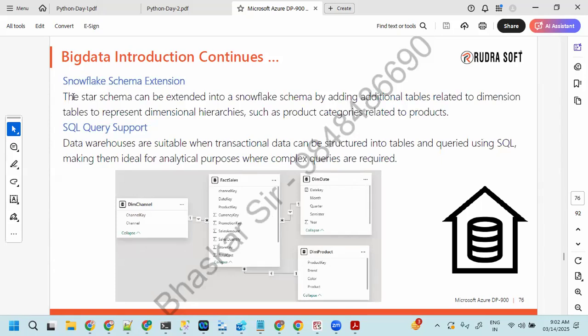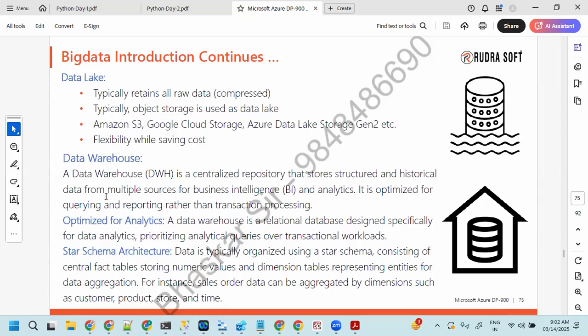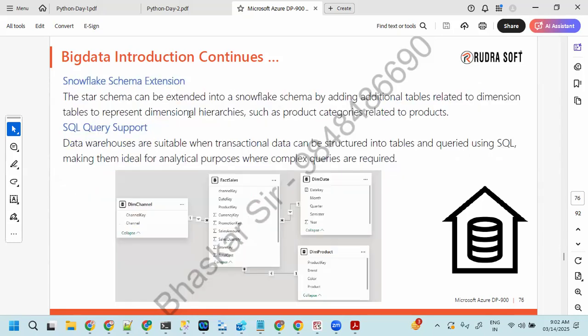I've given what the star schema is, and I explained it somewhere in a previous example. And a Snowflake schema is going to be something like this. This is a star schema, not a Snowflake schema, because we are having dimensional modeling. If any of the dimensions has an indirect relationship, then we can say it is a Snowflake schema extension.